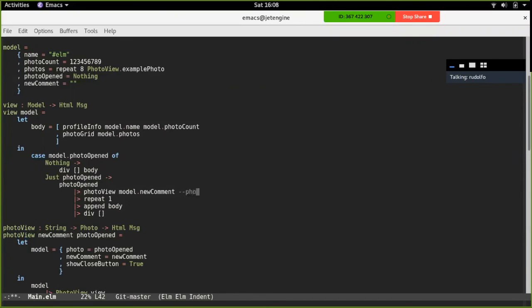So photo opened is here, and then it pumps this whole thing into repeat one. So we're repeating it once, and then it appends it to the body. The reason I do repeat once is just to construct a list. I'm sure there's a better way of doing it. So I'm going to extract the photo view, append it to the body. So then